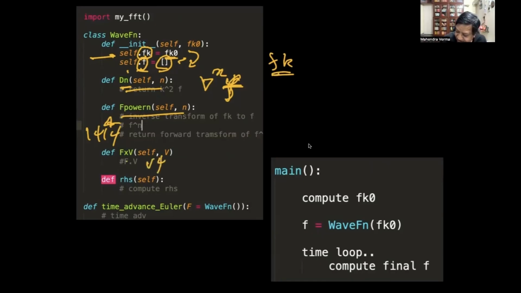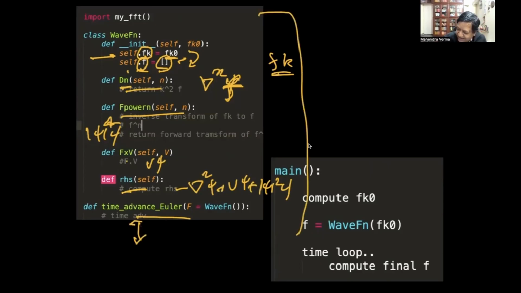Compute RHS will be the whole thing: minus Laplacian psi plus V psi plus mod psi square psi. So this will be the RHS. And then time advance Euler. We need to fill up all this. So these are the functions I make first.